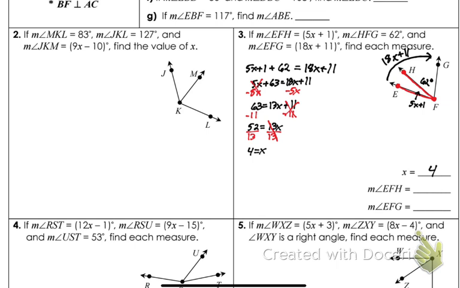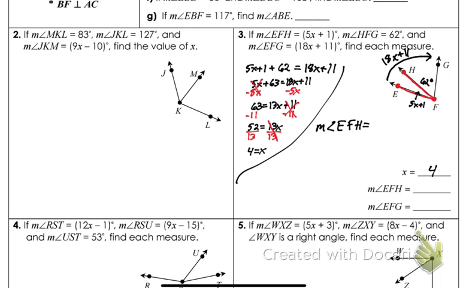So we have to go back up and see what those angles mean. So I look back up at E, F, H. Do you see that 5x plus 1 I wrote there? Now I know what x equals. X equals 4. So we can go ahead and say, well, now I can find the measure of EHF. Let me cross that out. So I have measure of angle EFH